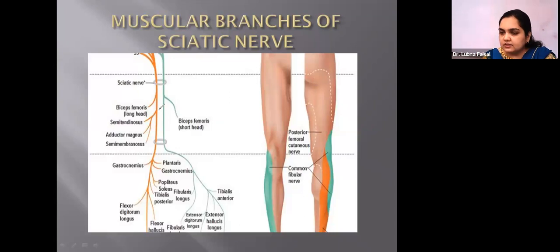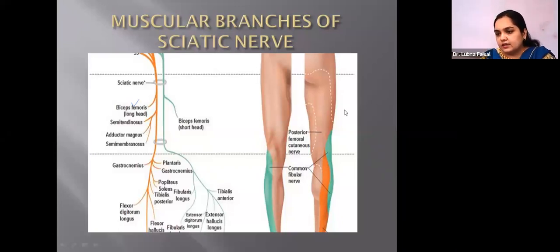So here is the sciatic nerve that gives supply to the biceps femoris, ischial tuberosity, hamstring muscles, long head, semimembranosus, semitendinosus, and the adductor magnus in the thigh. Later on in the popliteal fossa, it divides into two terminal branches, and one terminal branch is responsible to supply the posterior compartment of the leg, the foot, all the muscles of the posterior